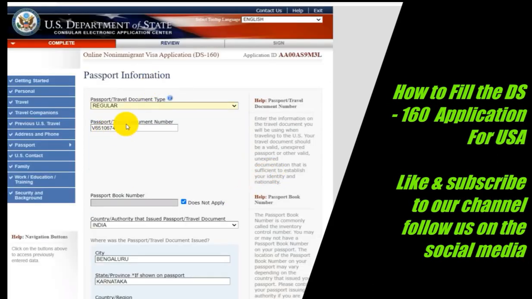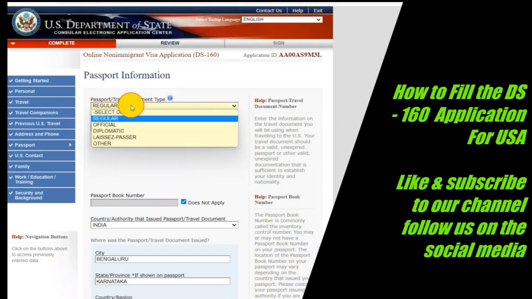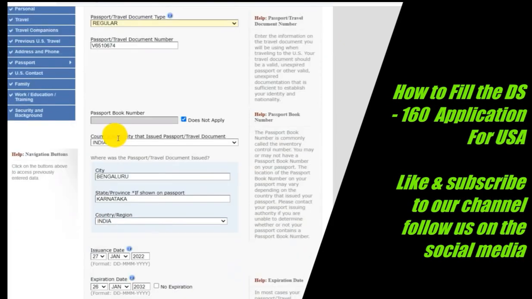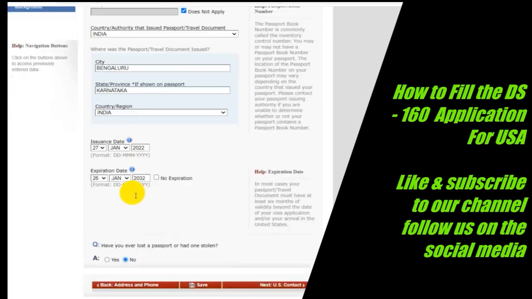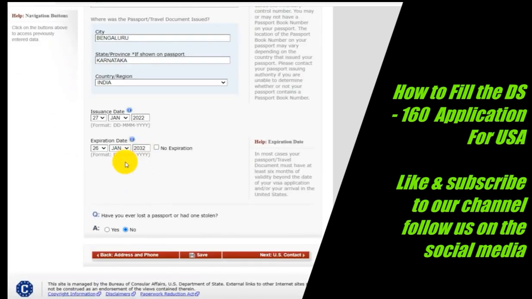And next comes passport information. What type of passport? You have to select regular, and the passport number I have given randomly, and the date of issuance and date of expiration are exactly as given. When all this information is there, you have to give it. So next is